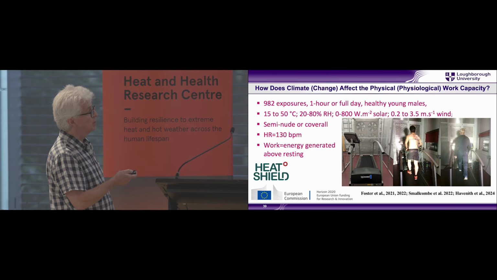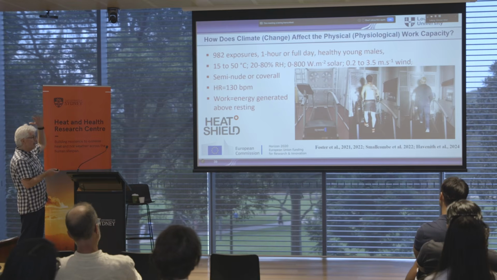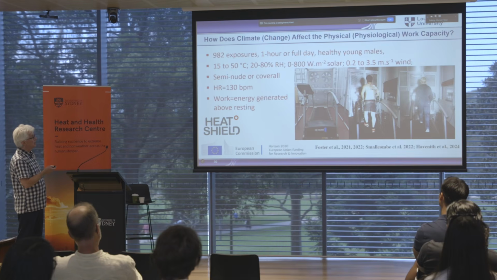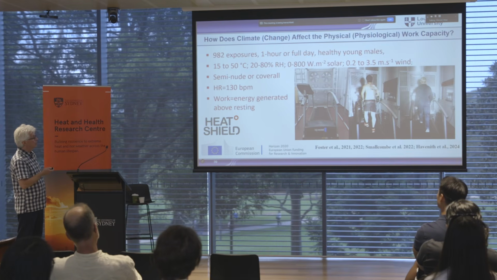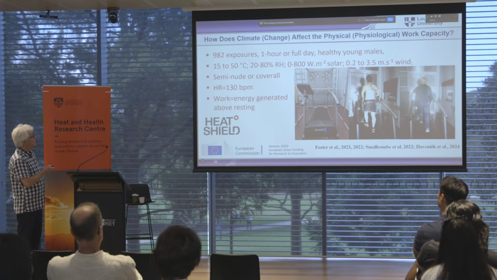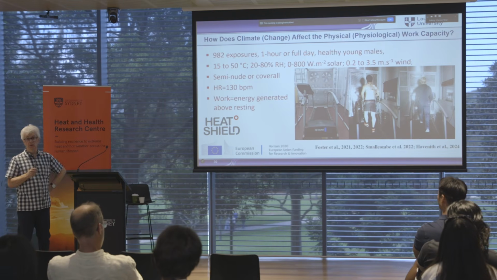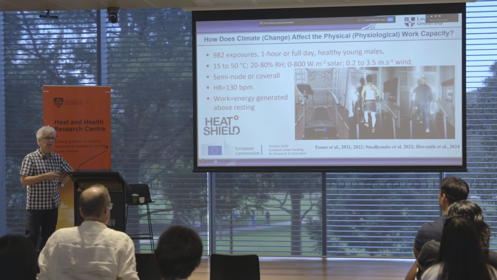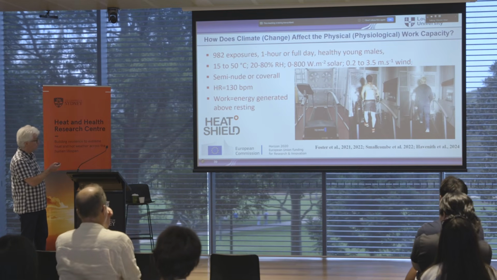In this case, the radiation comes from the back, so not on the head, but on the back, with a coverall or with just shorts. This is the setup when we had wind, with the little wind tunnel that we had and sucked air through. So what was special about this is all these experiments were done with the people having a heart rate of 130 beats per minute, and I'll show you a graph of how that works.